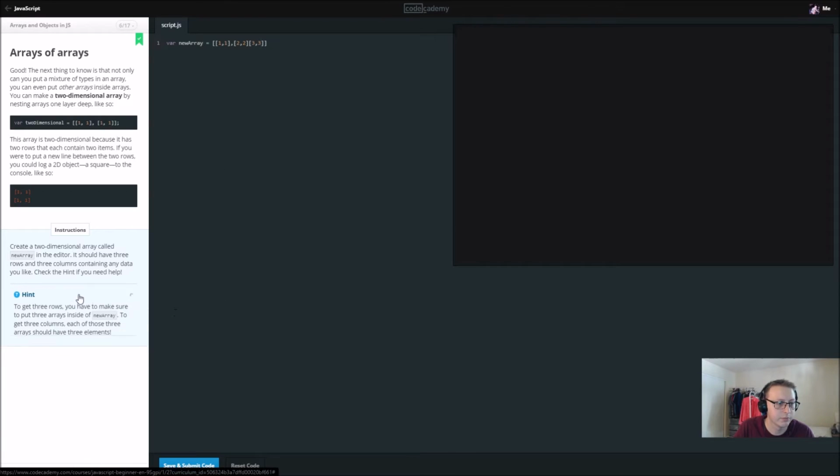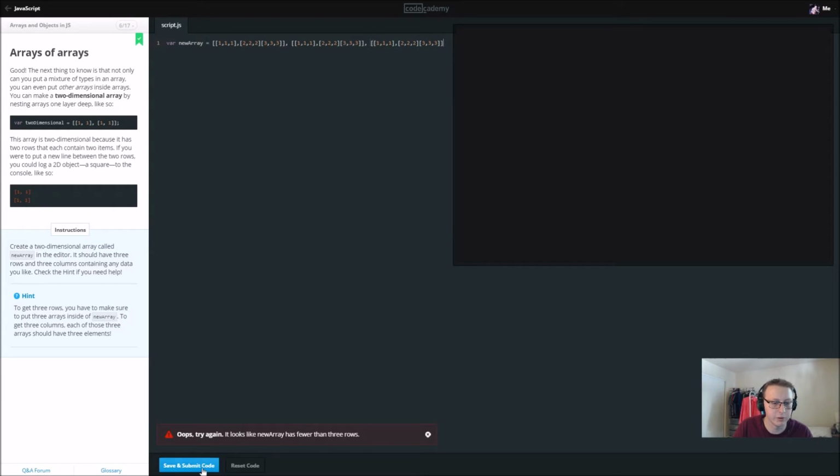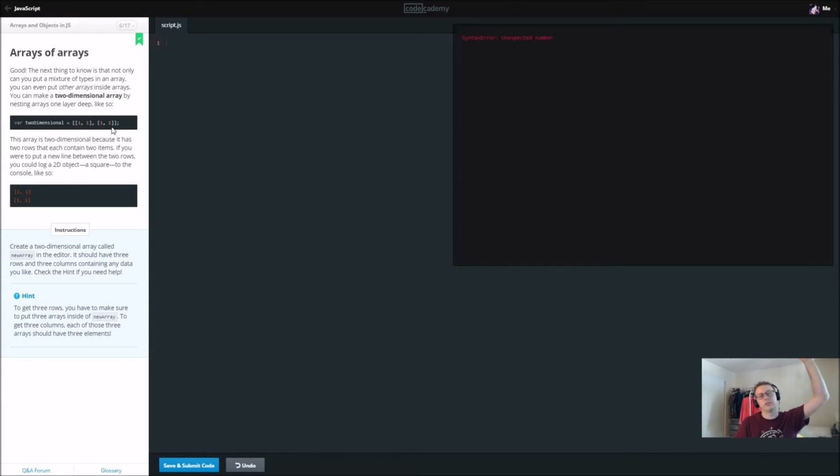So let's see how they actually put 3 arrays inside a new array. Yeah, so I think we need 1 more value here. No, 3 rows. Is this considered 1 row? Oh, okay. So let's go ahead and bam and see what happens. So let's reset our code. So this is a two-dimensional array. It has 2 values. So to go for a 3-dimensional array,